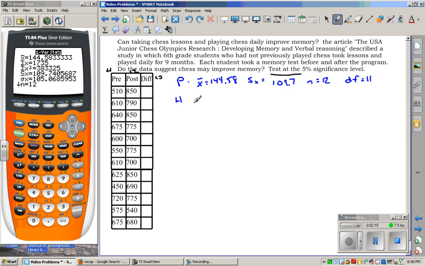Okay, our hypothesis: the null hypothesis would be that there is no difference, that it does not help. So that would be mu sub d equals 0. Mu sub d, you need to tell me what that is. So mu sub d is equal to the mean difference, post minus pre, make sure you tell me the order,